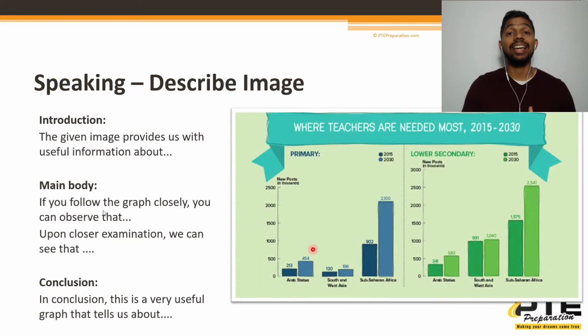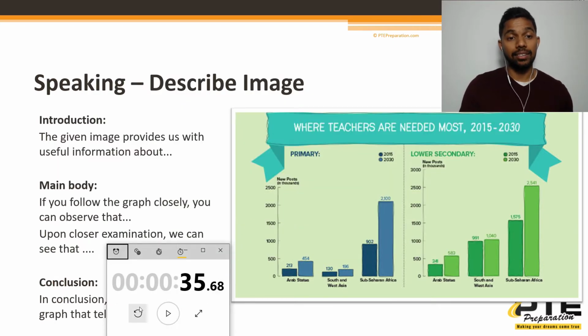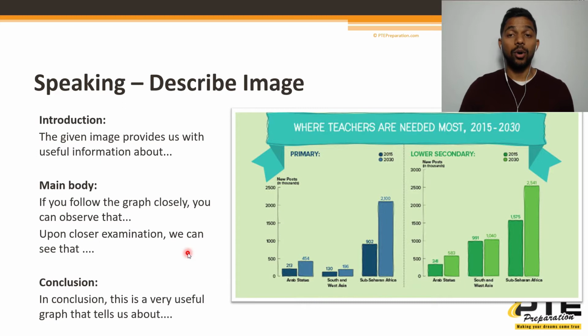Okay, so now let's get into some examples where I'm going to show you how I use this template. What I also would like you to do is to practice. Now you have your templates on the left and you have the question or the image on the right. So I would like you to pause the video right now and see if you can attempt this question. Try to complete around 35 seconds of this where you are speaking without pauses and hesitation. So pause the video right now and use the template and try to give an answer for this image.